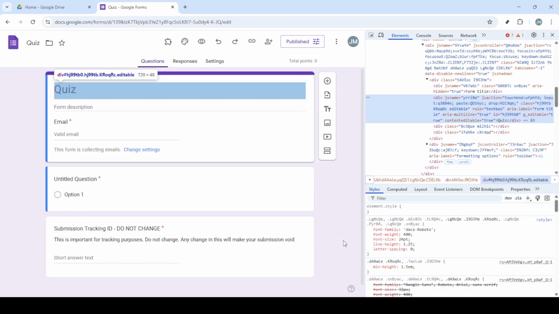After selecting a form, the next thing you'll want to do is right-click anywhere on the form. This action will open a context menu with several options. What you'll need to choose from this menu is the Inspect option. This will open the Developer Tools panel within your browser. This tool provides various functionalities, but in this context, it allows us to interact with and explore the underlying structure